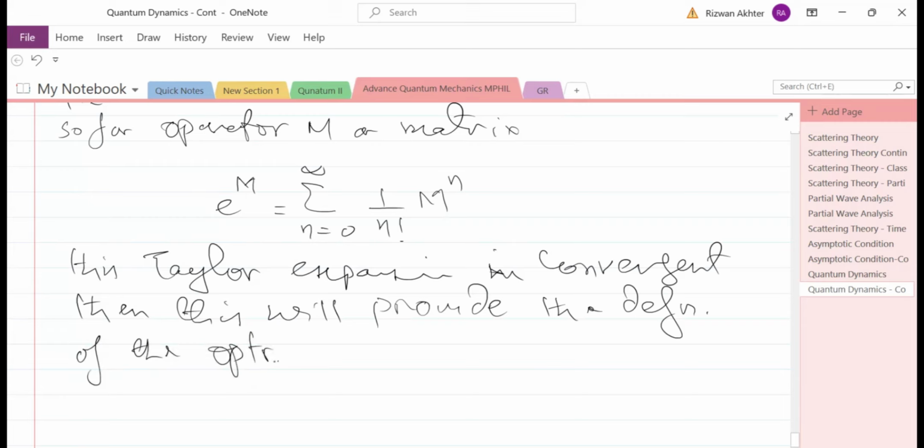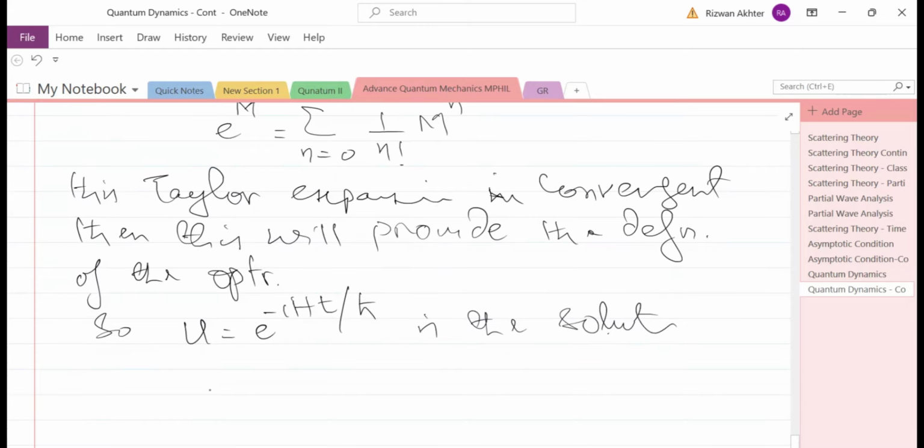So we have, if u equals minus iota H t over h bar is the solution, then the solution when H and u are operators,